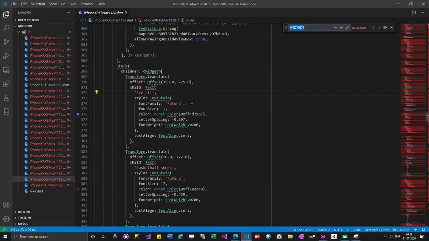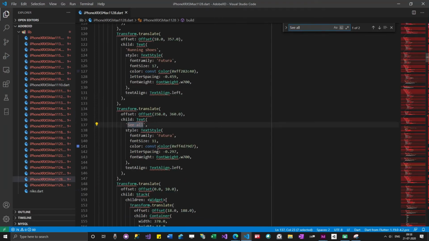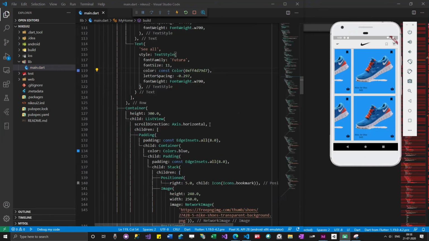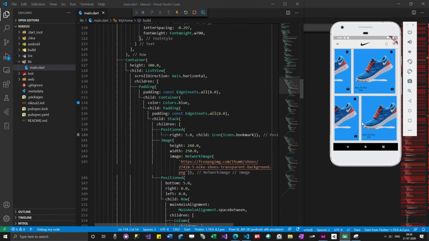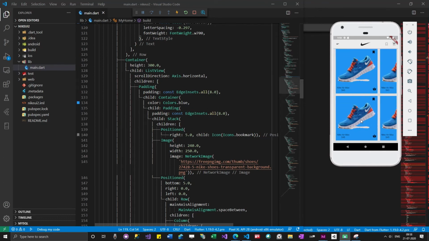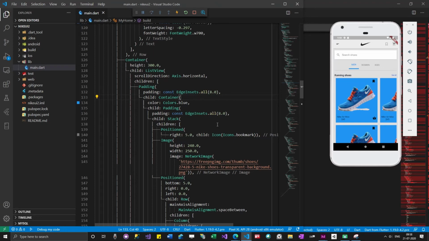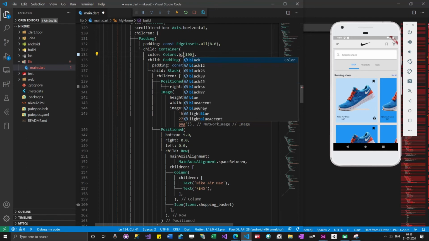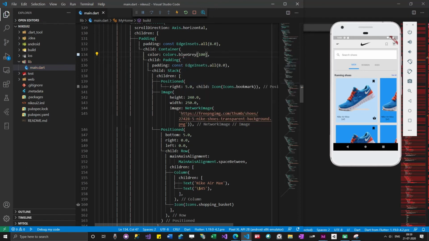That's why it didn't work. Okay, so this is much better.